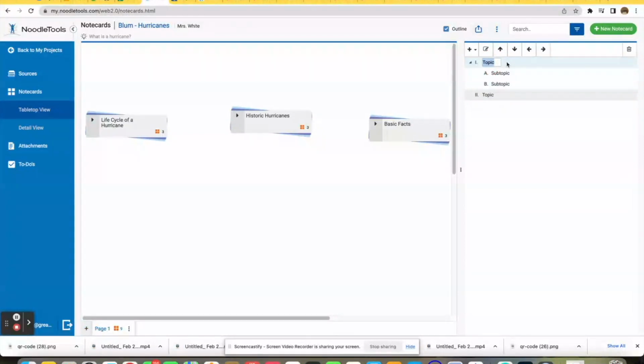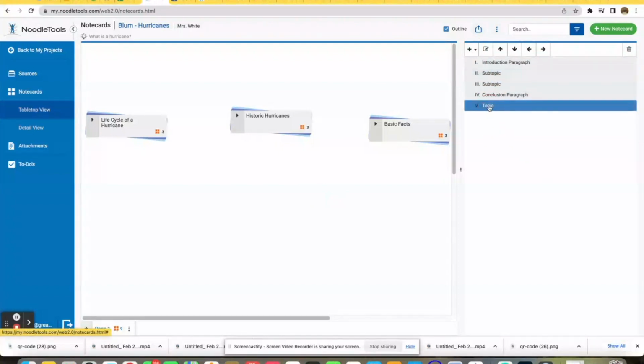I'm going to label this introduction paragraph. I'm going to label this, and if we think back, we had 3 body paragraphs. So I'm actually going to move this subtopic back. I'm going to move this subtopic back, and I'm going to add one more. Oh dear, it added at the bottom. No problem. I'm simply going to click on it and turn it dark blue,